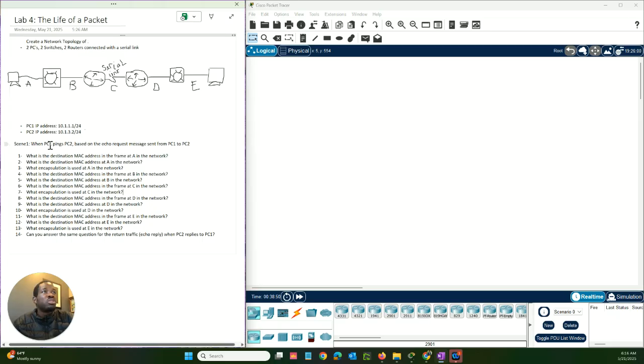To do that, we're going to configure IP addresses on PC1 and PC2 using these 2 IPs. In our first scenario, we're going to ping PC2 from PC1, and based on the echo request message sent, we're going to answer this question: what is the destination MAC address in the frame? And also we're going to see the difference between